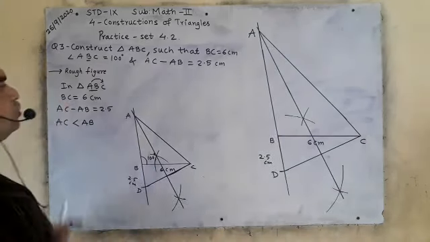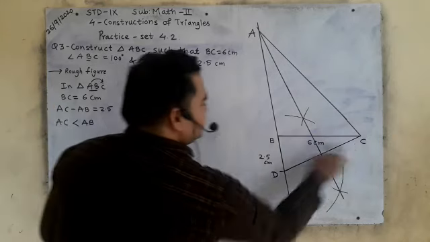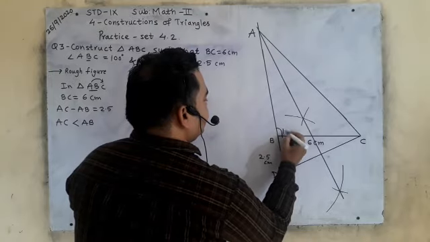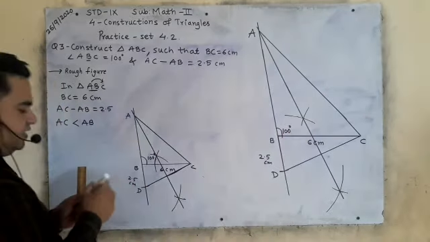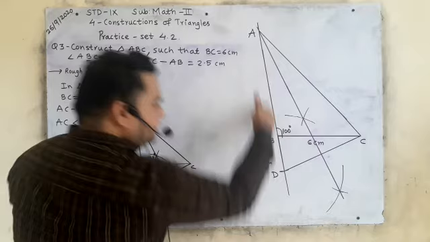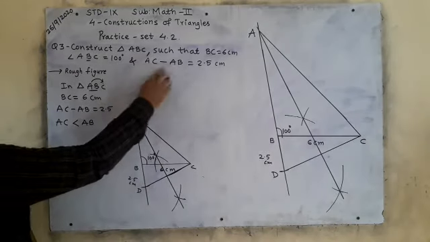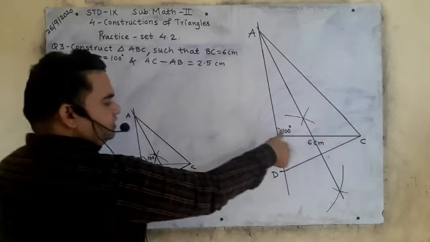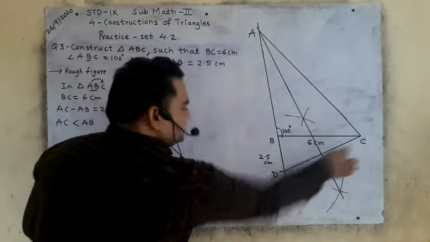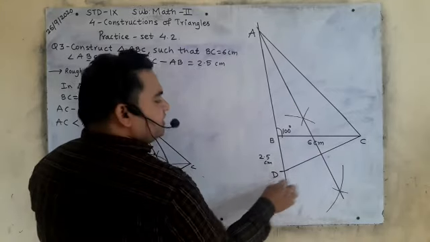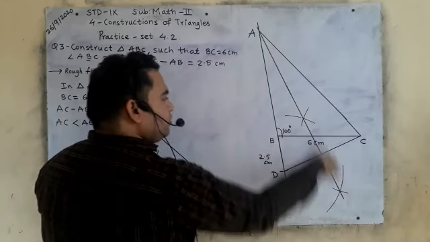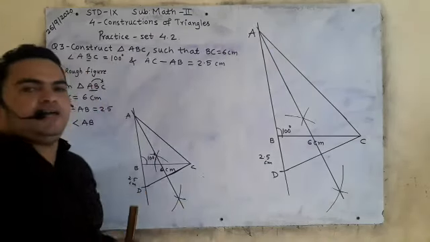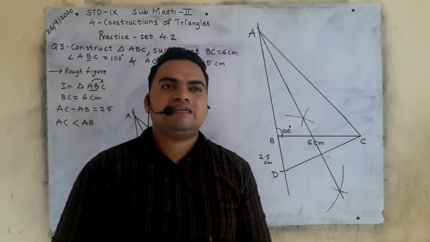See, in this question I will repeat: BC is the base of 6 centimeters, angle B is 100 degrees, and you will take this line, then take the line below also. Why? Because AC minus AB is not correct; AB minus AC should be there. So BD will come down and you will join CD. Then draw the perpendicular bisector of CD. Wherever this line intersects, that is A, and you will join AC. So this is how you have to construct.